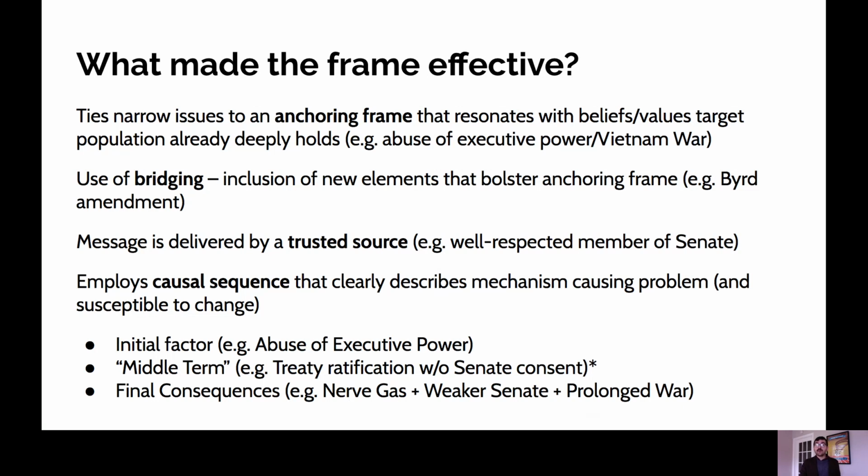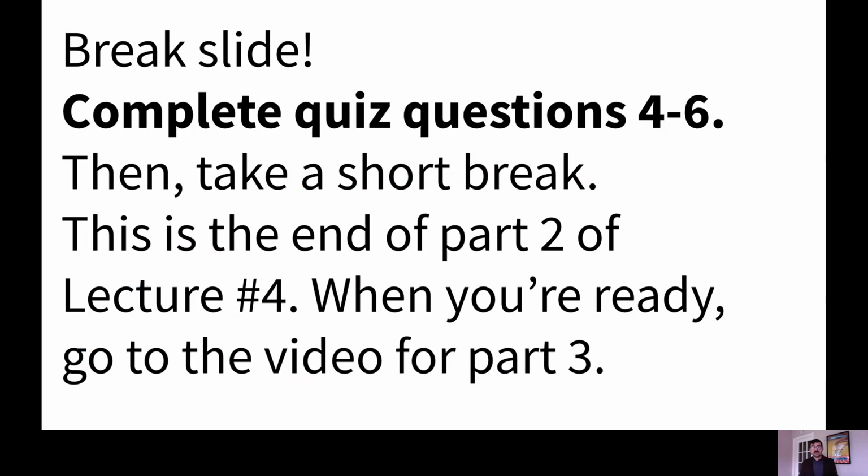So when we come back, we're going to talk about how frames can affect public health behaviors with respect to COVID-19. So now we're going to take a break, and you can complete questions 4 through 6 in the quiz. Take the break that you need and come back to the third and final part of the lecture. This is the end of part 2 of lecture 4. So we'll see you all back